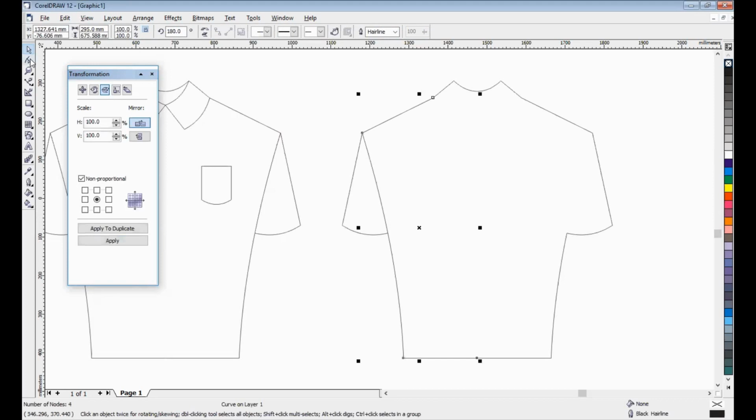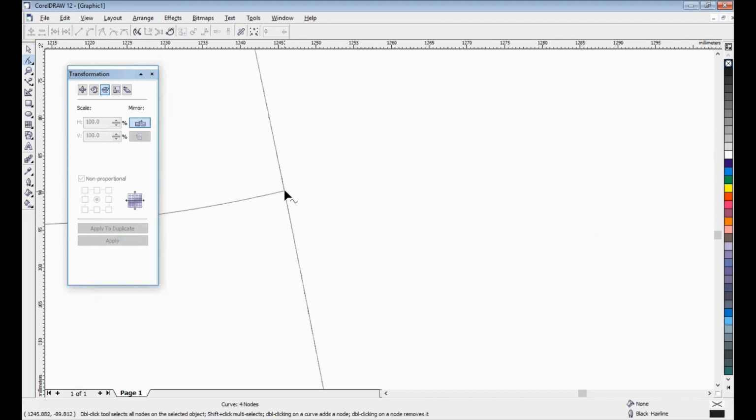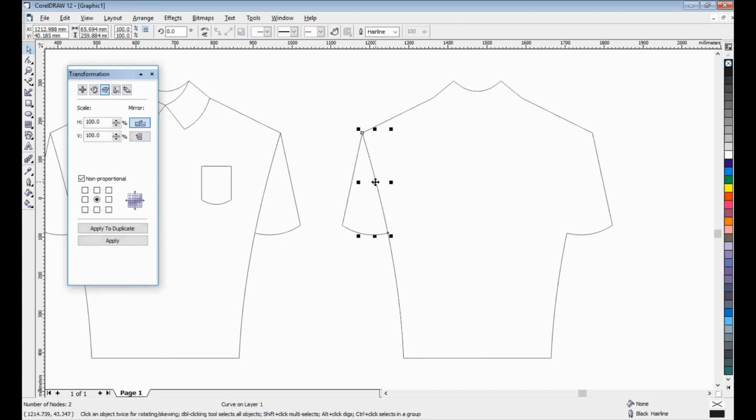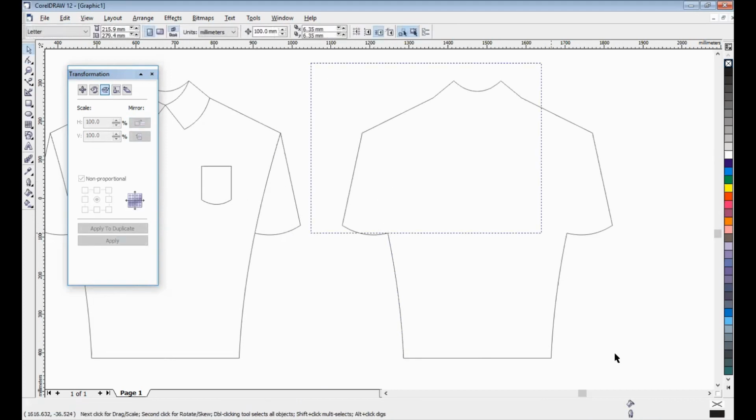Okay, I want to find, maybe we will zoom like this. Here, and then add nodes. And then break here too, and break curve apart. I will clear this. It's okay.